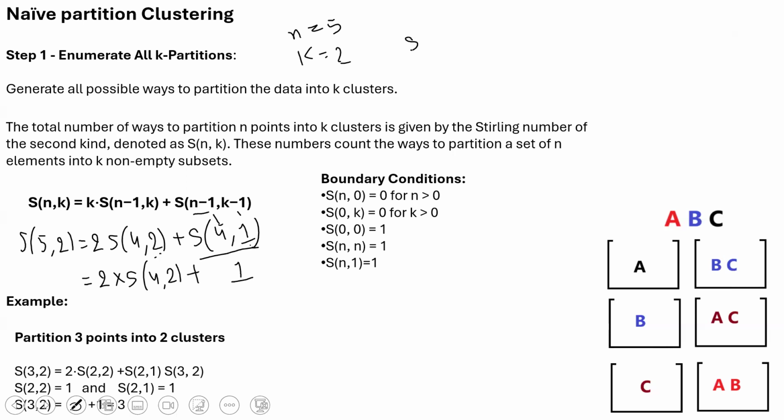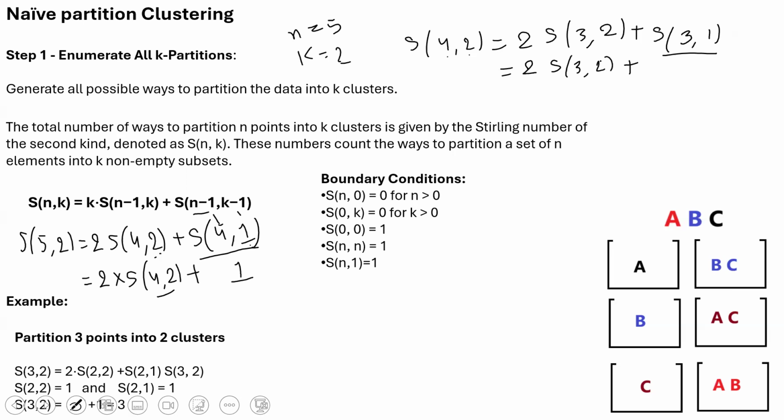Now again break down S of 4 comma 2 in the same way. Here k is equal to 2 and n is equal to 4. Again apply the same thing: S of 3 comma k, which is 2, plus S of n minus 1, which is 3 comma 1, right? 3 comma k minus 1, which is 2 minus 1 is 1. Again 4 comma 2 is broken down into 2 into S of 3 comma 2 plus 3 comma 1,